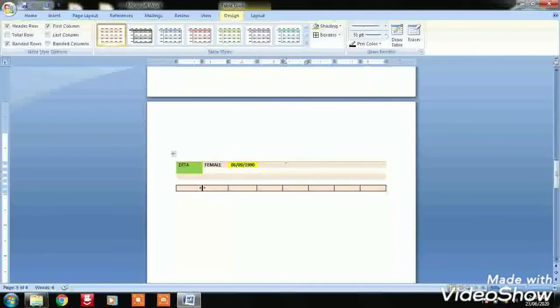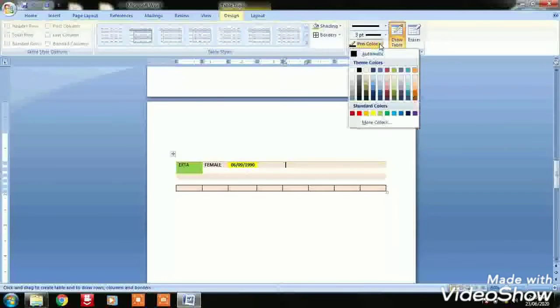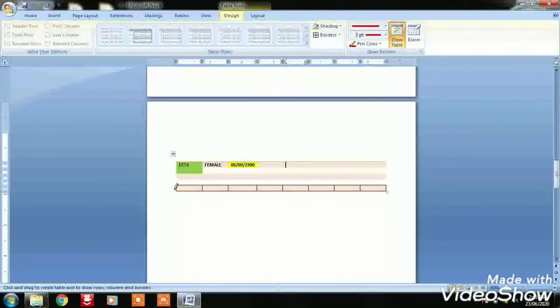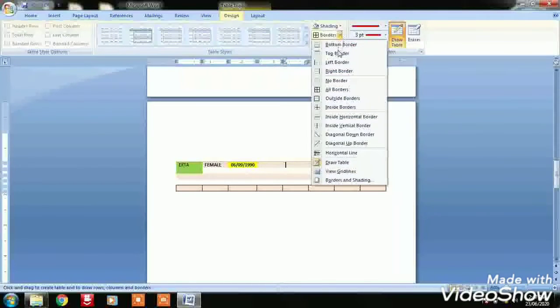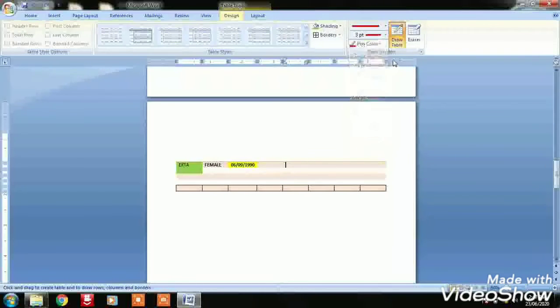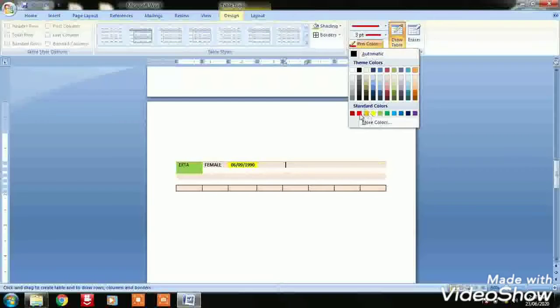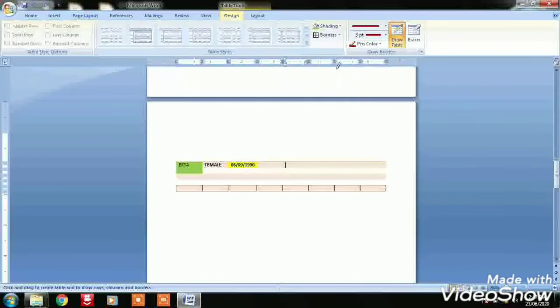Even we can go for highlighting this border. If you want to increase the width, you can increase the width. If you want to apply a color, by default it is coming black. If I want a red border, I can even go for a red border. You can see a red border is in front of you. So this is how we can apply different borders. For this we can select where we want a border, then we can select the width, and after width we can go for a color option. So these are the different ways for highlighting your table.